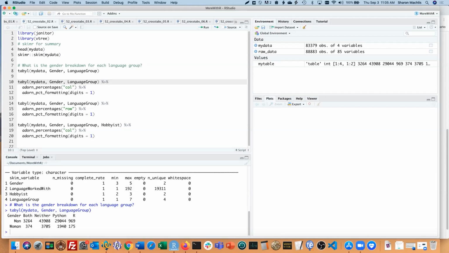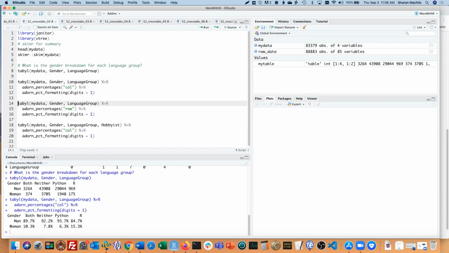What's nice about tabyl is it's very easy to generate percents too. If you want to see percents for each column instead of the raw totals, add adorn_percentages("col") like I'm doing here, and then you can pipe it into a percent formatting function. And you can see here, I've got my percentages nice and formatted. If you'd like to see percents by row, add adorn_percentages("row").